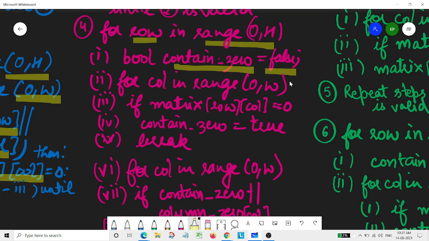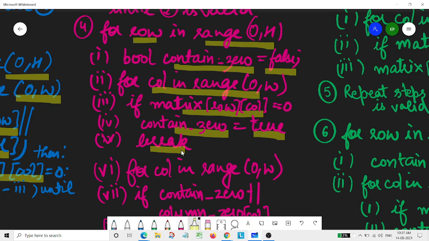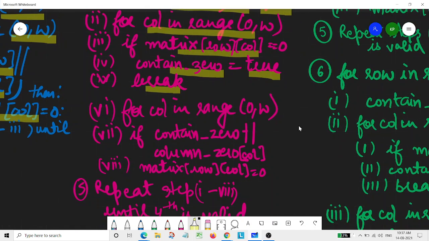At every starting point of our row, it will be initialized as false. Then we'll check for column, and if we encounter any cell as 0, then we'll simply mark the contains 0 variable as true and break from this loop. When we break from this loop, we enter this next loop.